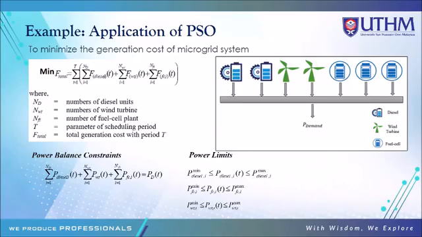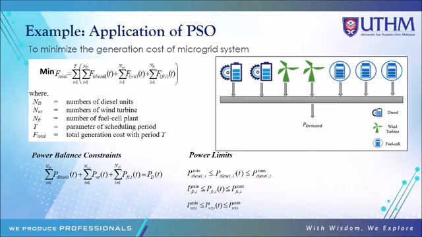Number two, we can solve this multi-objective function simultaneously by using multi-objective particle swarm optimization. That's another algorithm, because multi-objective particle swarm optimization works differently from the single objective version. The one that I presented today is single objective. For multi-objective, they have a different approach because we need to apply the crowding distance approach. The keyword is crowding distance approach for PSO. We have a different method to solve multi-objective problems.